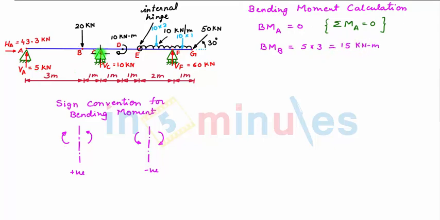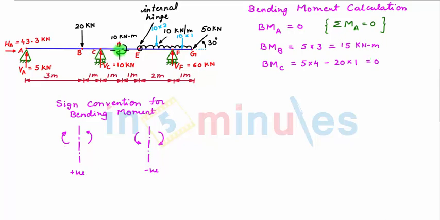This is equal to 15 kN meter. Next we take section at C. So bending moment at C is equal to, considering the left hand side of section, we have first moment caused due to this vertical support reaction 5 kN acting at a distance of 4 meter from point C. So 5 into 4. Next we also have this anti-clockwise moment caused due to the downward force of 20 kN acting at a distance of 1 meter from point C. So we have minus 20 into 1. So this is equal to 0. So we can say bending moment at point C is equal to 0.